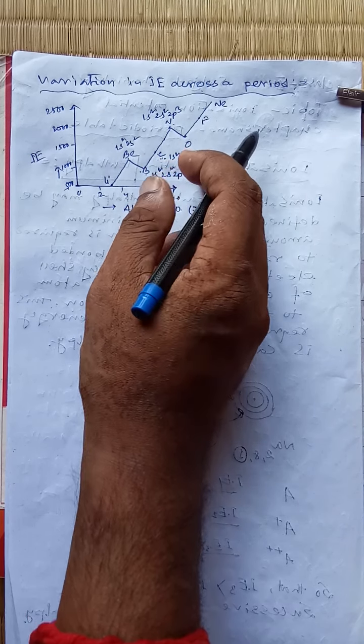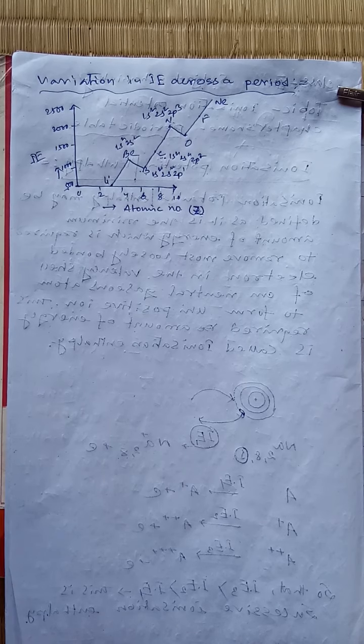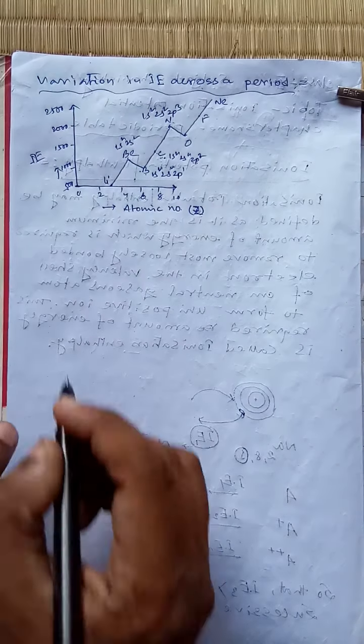Neon has the highest ionization potential because it is an inert gas with an inert configuration. It is maximum stable, and we know that half filled and full filled electronic configuration is directly proportional to the ionization potential or ionization enthalpy. That's why neon has the higher ionization potential.